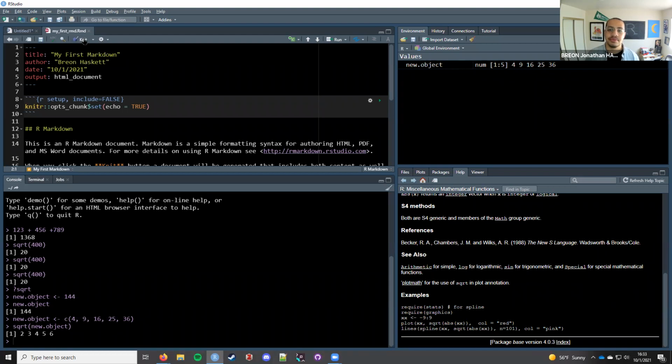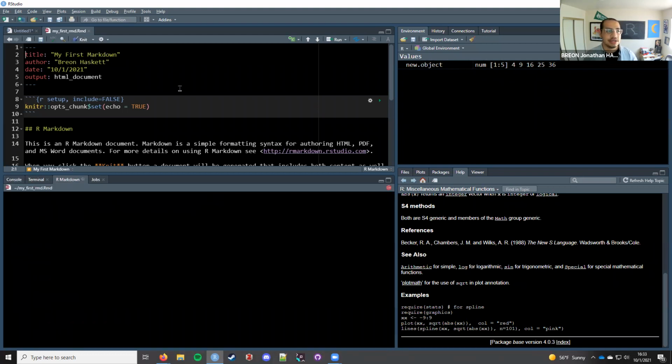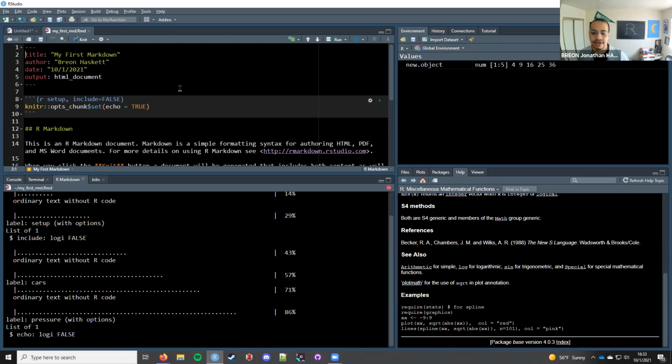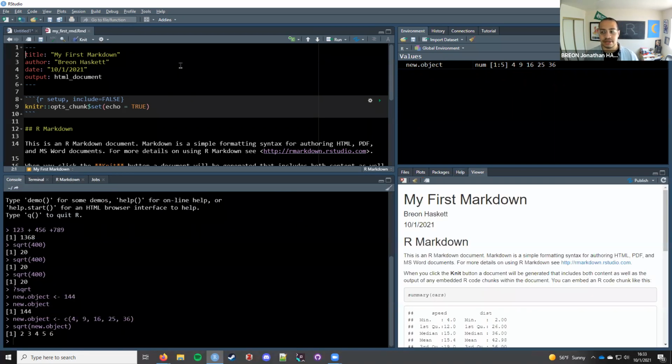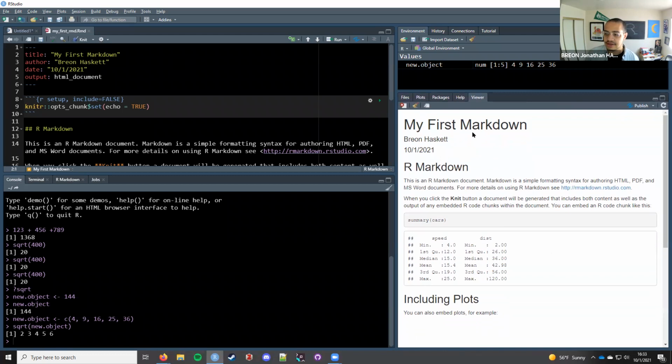So if we hit knit, we can watch the progress, all of this stuff going on under the hood while our Markdown produces a document for us. And we'll see that it has come up in our viewer pane, our default first Markdown.